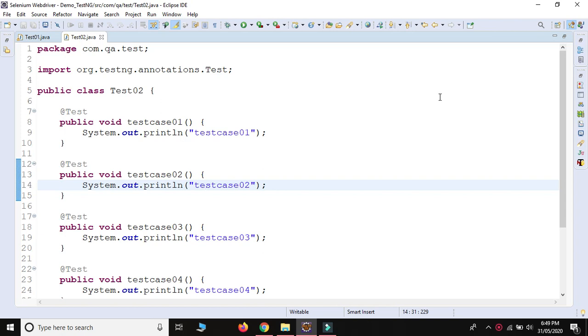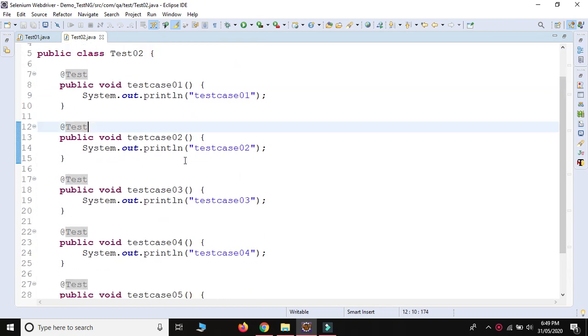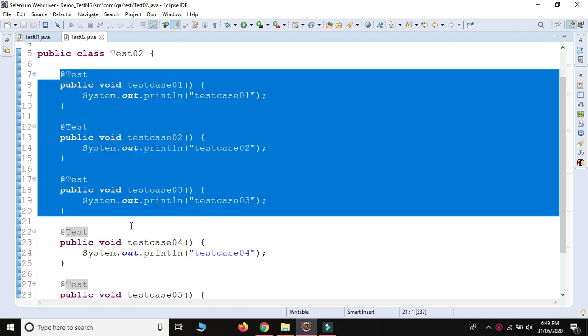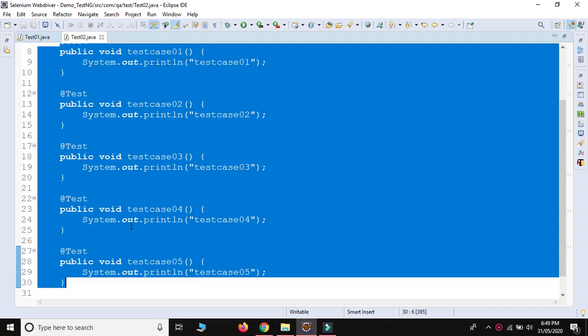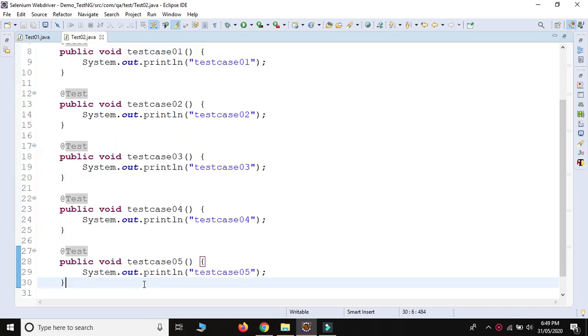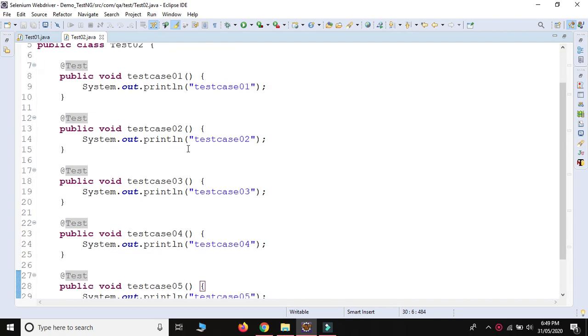Testing. So today in this video we are going to learn how to set priority for the test cases. I have already created these 5 @Test methods, which are known as the main methods, or we can say these 5 test cases. Now, how to set priority? It sets your execution flow based on the requirement.